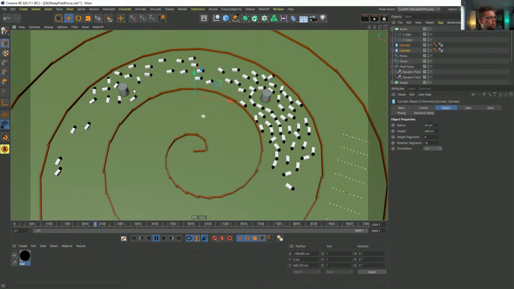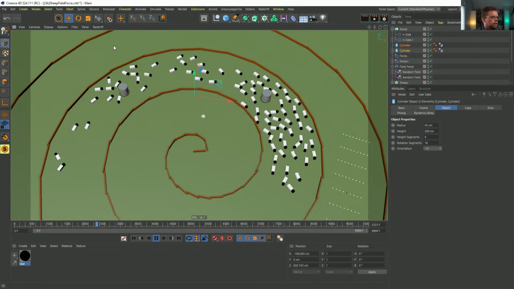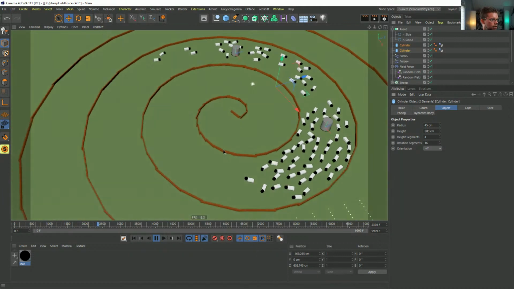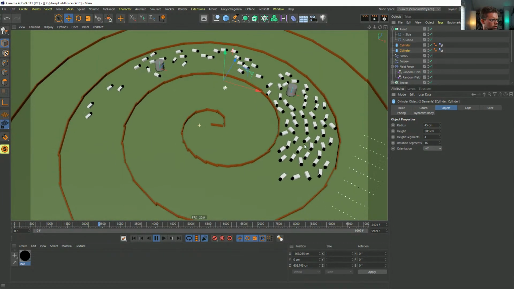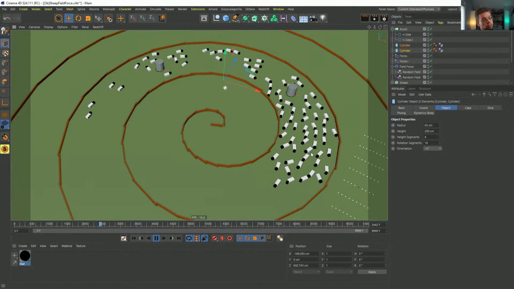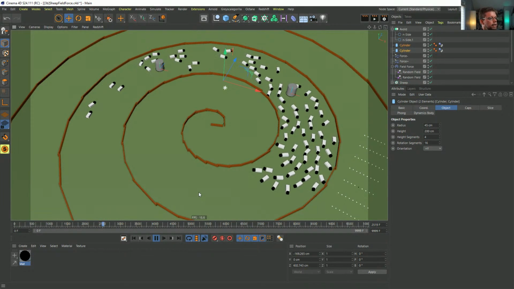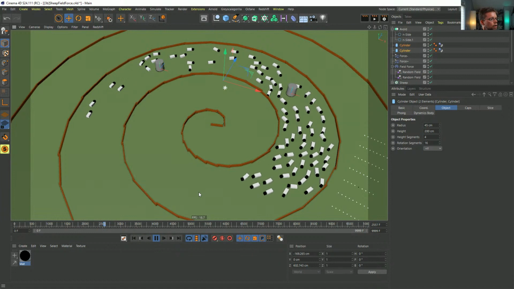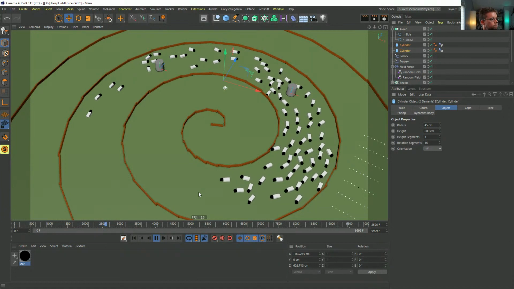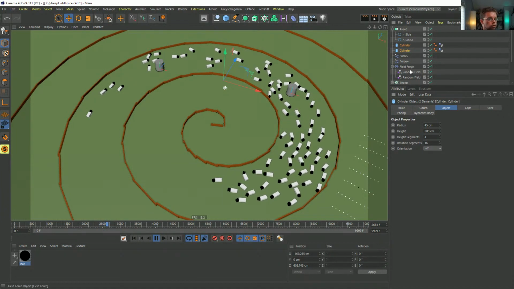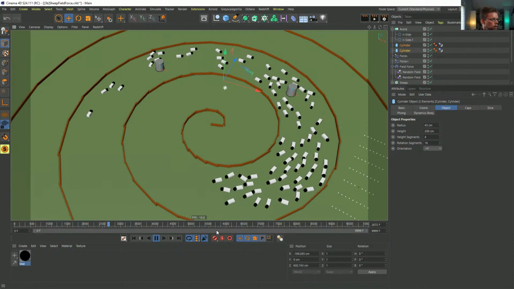Now that I turn on that randomness, you see a bunch of them are kind of straggling and going behind. But we do have our adorable little herd of sheep traveling around doing their own thing. And I mean, we are building a surprising amount of intelligence into this in spite of, you know, not coding anything. We're just using the field forces, and it just unlocks so much power here.